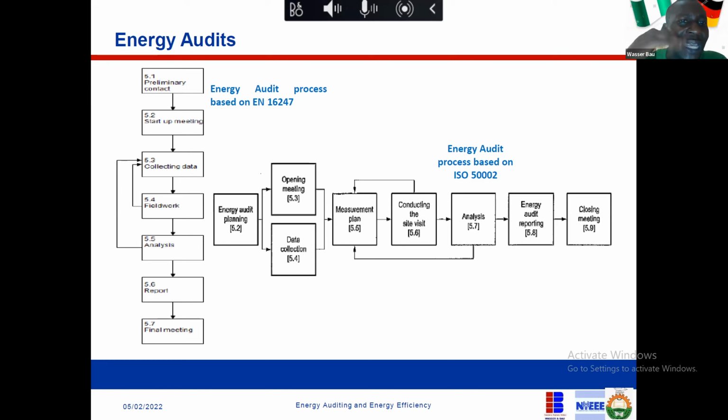Then after that, based on the EN standard, after data collection, you have measurements. While EN calls it field work, ISO 50000 calls it measurement plan, and then it scales into conducting the site visits. So field work is now divided into conducting the site visit and measurement plan. In other words, you might have to go with measurement. And one of the measurements I've seen that is more common, which of course we also need to be trained on, is the use of